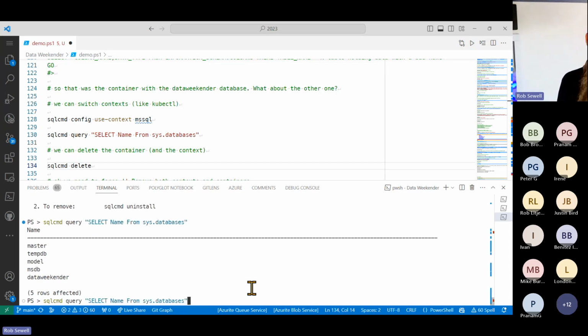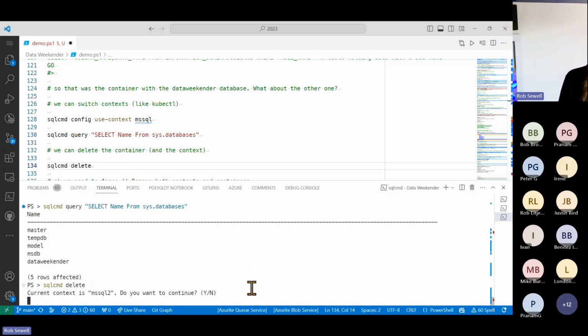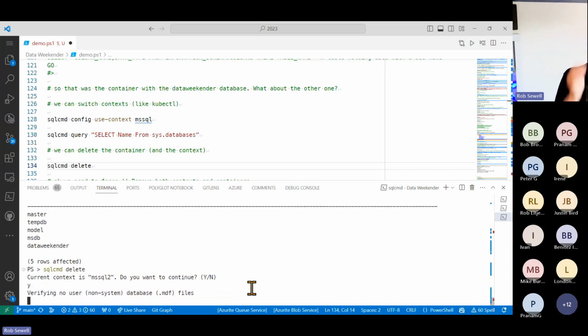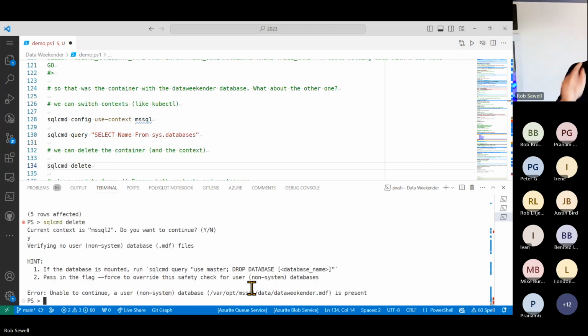The columns have crazy names and we want to get rid of it. So let's delete that. Do you want to delete this? Yes, please. Thank you very much. I'd like to delete this container. Okay, actually,